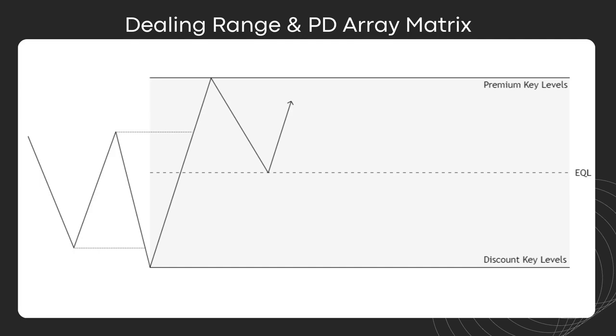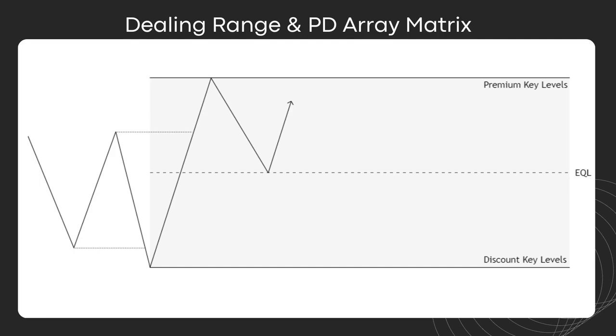Now when this swing ends and stops, that gives us a dealing range right here. This whole range of price taking out the range low or the swing low and then taking out the range high gives us a dealing range, and when this is divided into two halves, it gives us the premium and discount region. As I said before, the case study that we are analyzing here is in a bullish market condition, which means that the structure is bullish, or maybe the order flow is bullish. So now we're going to explain what price often does in such a market condition when price forms this sort of